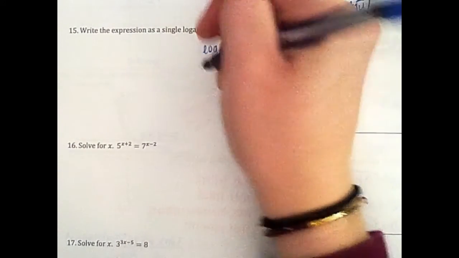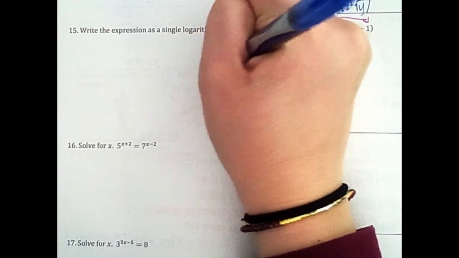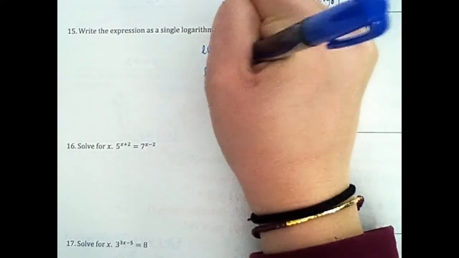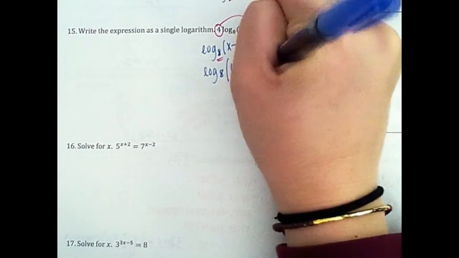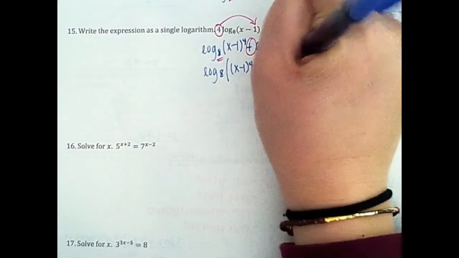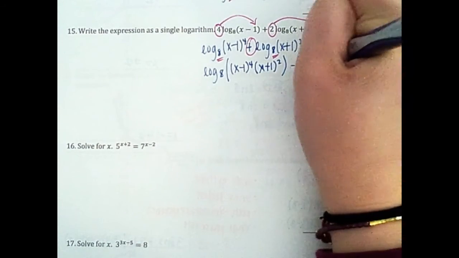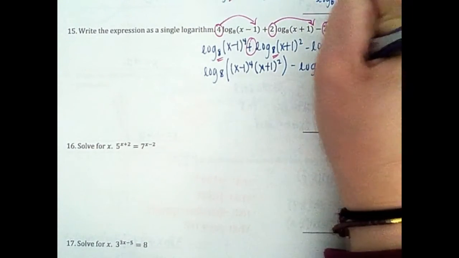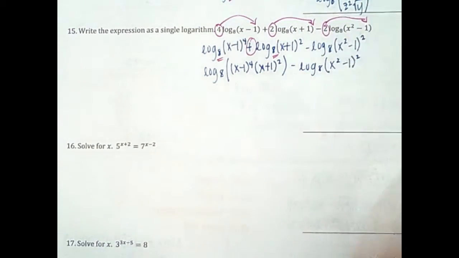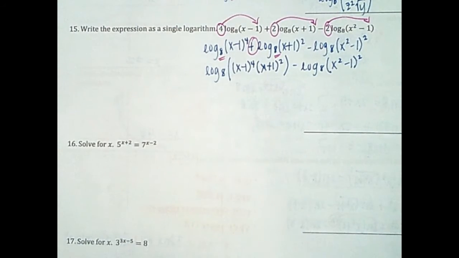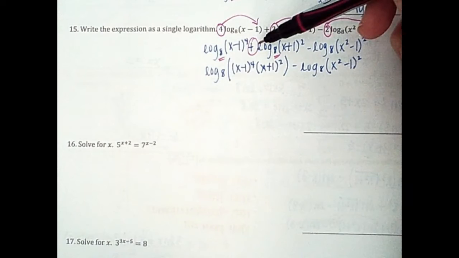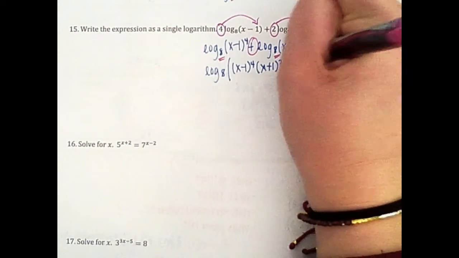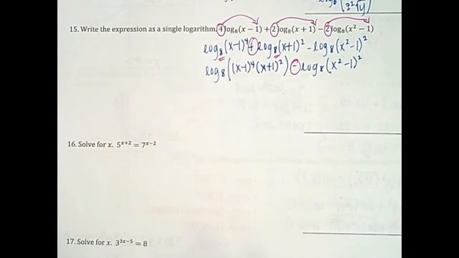So it would be log base 8 of (x minus 1)^4 times (x plus 1)^2 minus log base 8 of (x squared minus 1)^2. Okay, so now that I've combined my two that are adding, I can combine what's now being subtracted